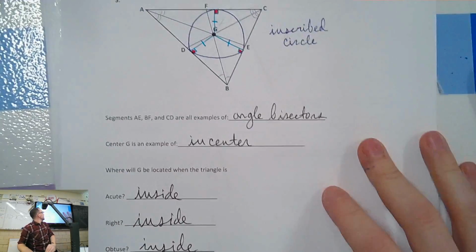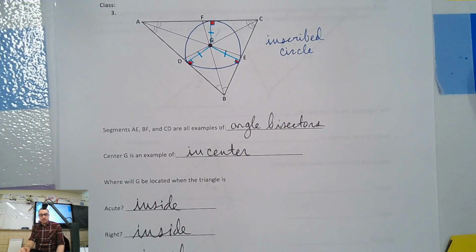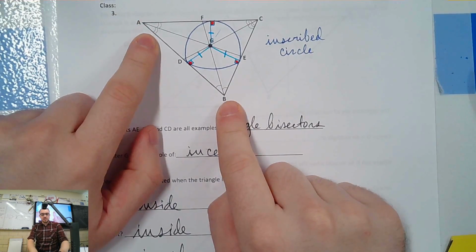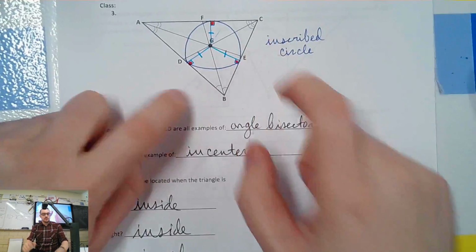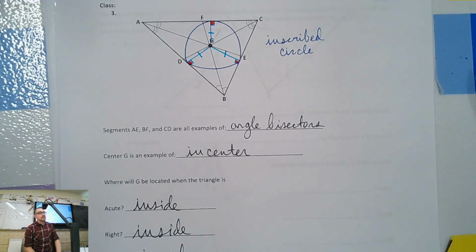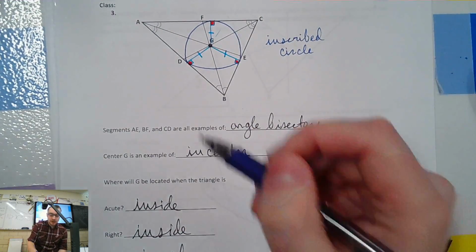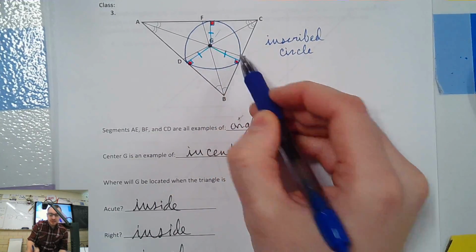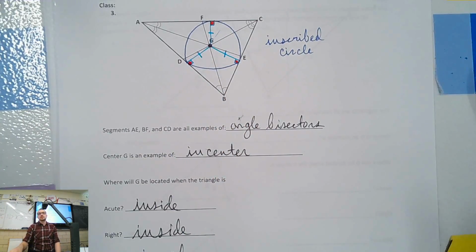And that's that on that. Again, we knew these are angle bisectors because it cuts these angles into half, right? And where they intersect makes G, and that's the incenter. And the incenter is the center of an inscribed circle. And if we have a circle, we should have radii to the outside of the triangle. Right? The edges.